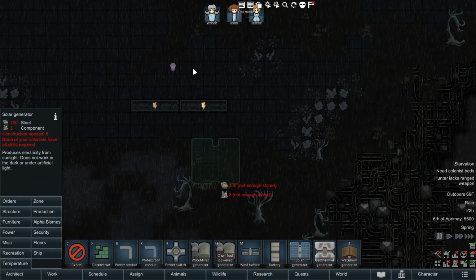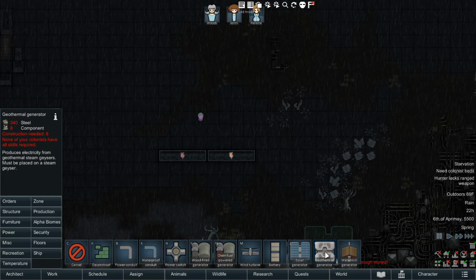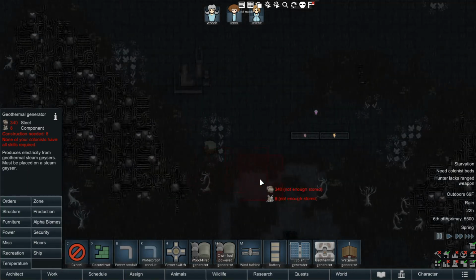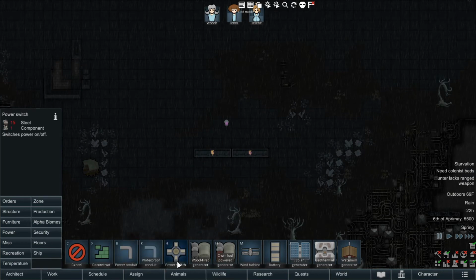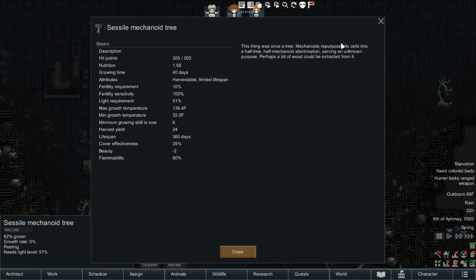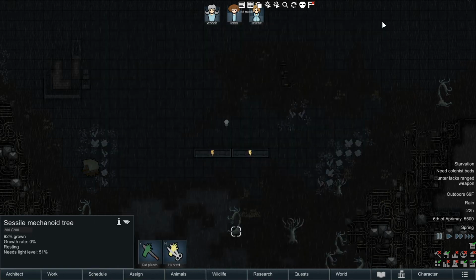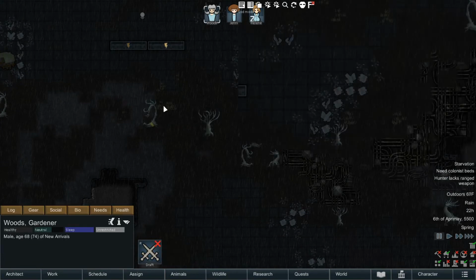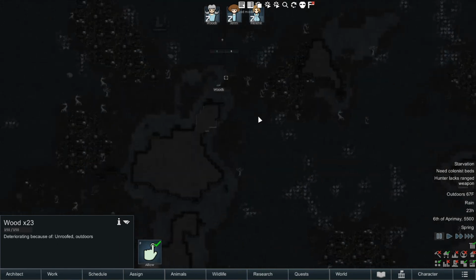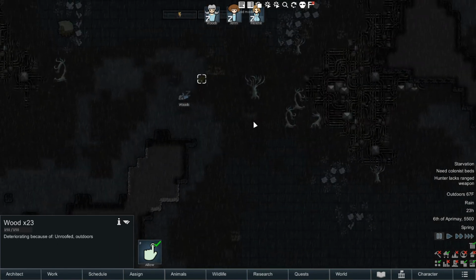I don't even know if solar power would cut it. There's a few geothermal areas, so, you know, you can still have some of the benefits of a normal area. But if you do wood, you're screwed, because there's no wood. These trees do not... There's no way. Half tree, half mechanoid abomination. I don't know what it... Let's harvest it and find out what it gives. Oh, it does. So there is wood. So you're not completely screwed, but... I mean, I still wouldn't...